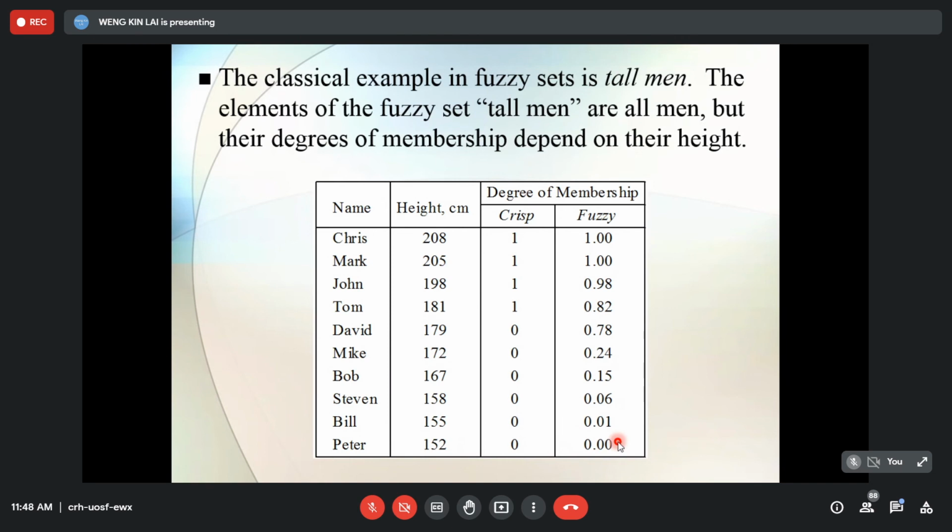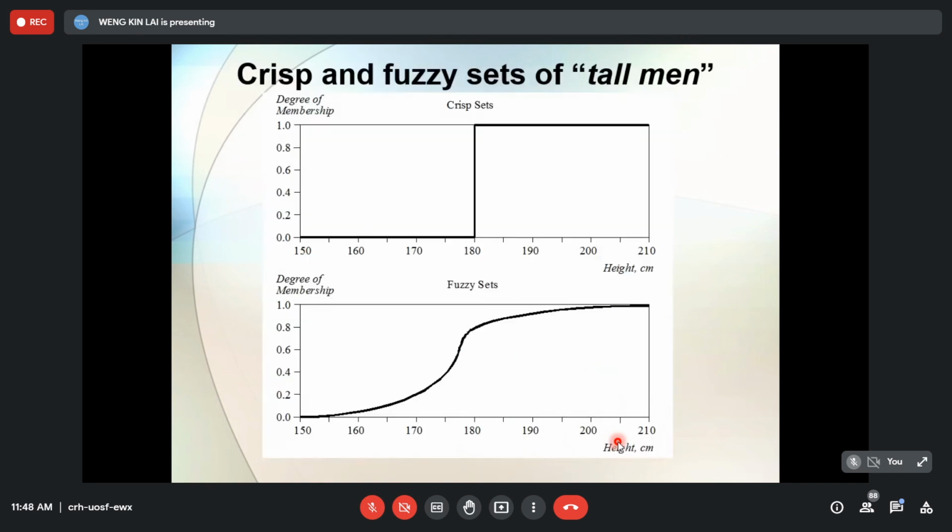Follow so far? Now, if you were to draw it again, if you were to visualize these two sets, your top one is your crisp set or your Boolean set. See here, 180 is applying here. So anything below here is actually membership 0. Anything above here is membership 1. So you can see it, but compared to the fuzzy sets, there's basically what I call this sort of